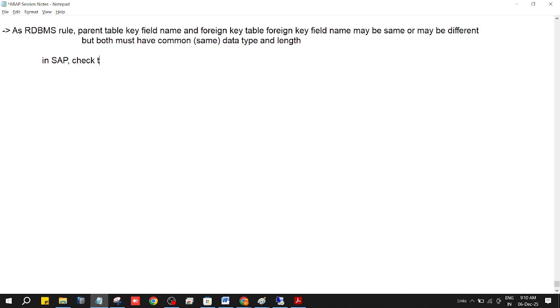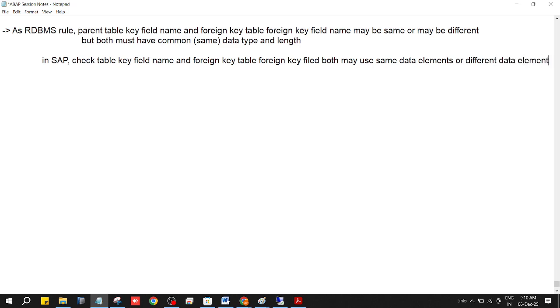Check table, check table key field name, and the same for the foreign key table, foreign key field name. Both fields may use the same data elements or